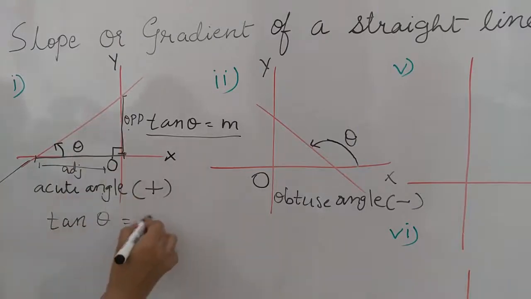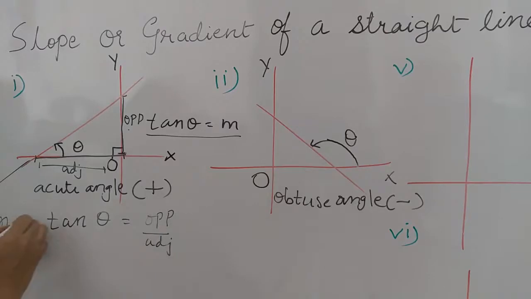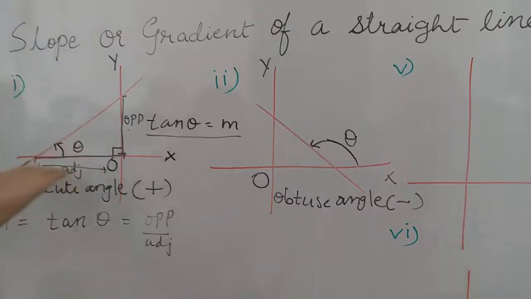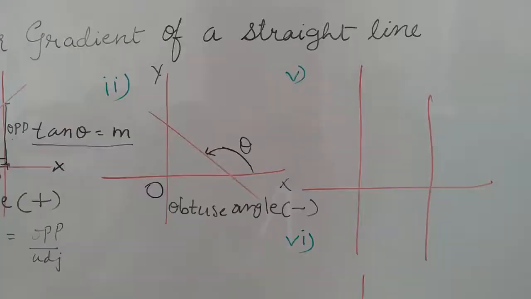So we can say here opposite upon adjacent, but this is what? This is m, which is our slope here. So now it is clear why it is only tan, because this theta depends on the opposite and adjacent side, not on the hypotenuse. Without this opposite and adjacent side, this hypotenuse will not lie anywhere. Okay. Now let us understand, students, the fifth case.